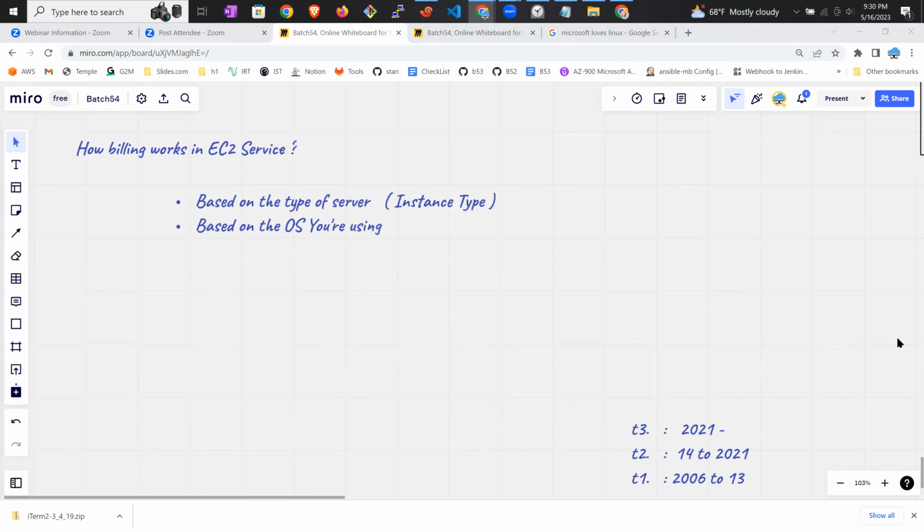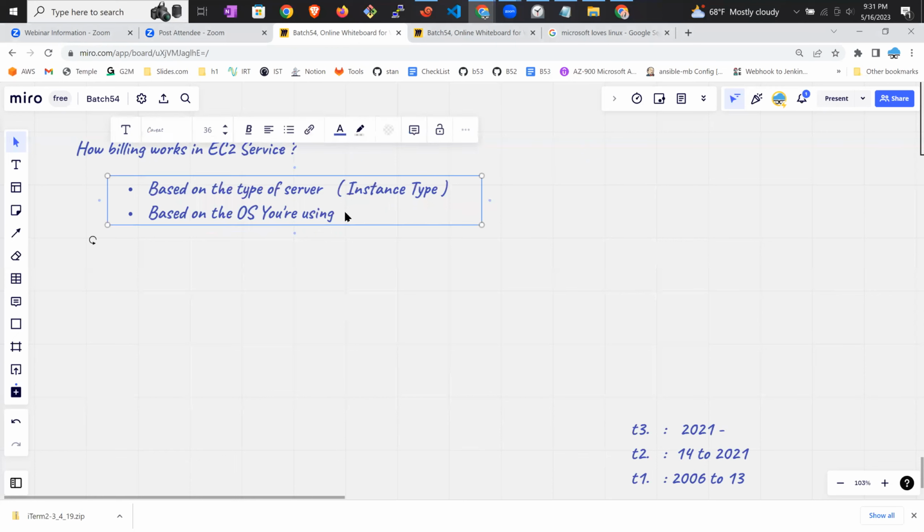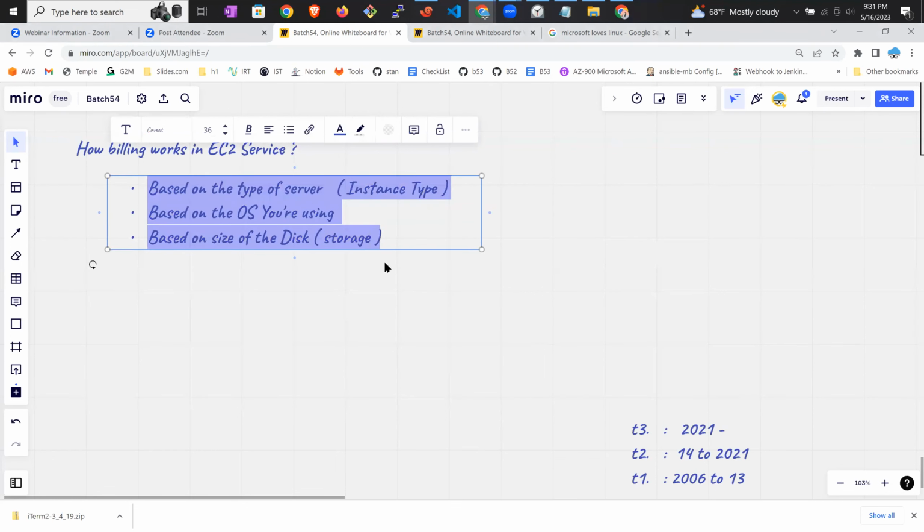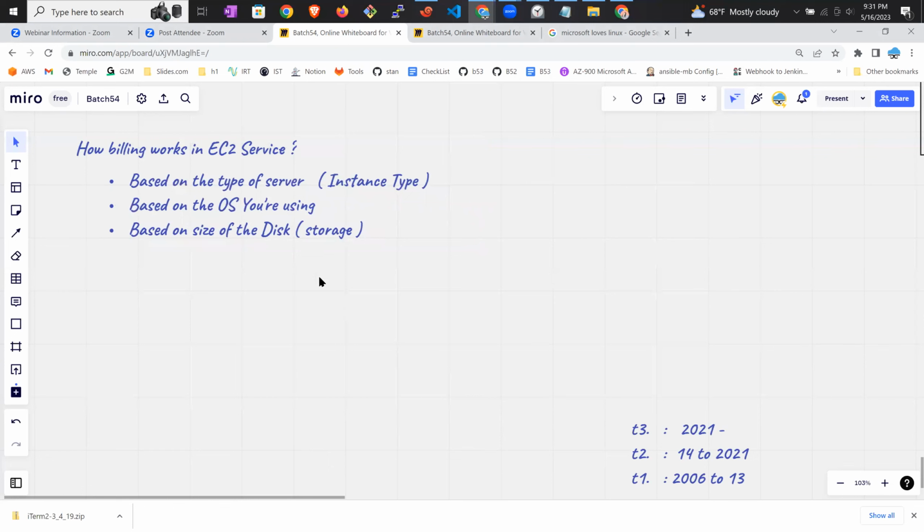Okay, coming back to the story, how billing works in EC2. Billing works based on the type of server, which is nothing but the operating system you're using, based on the instance type that you're using, and based on the size of the disk or storage you are consuming. These factors affect the billing with respect to your EC2. Not just that. In EC2, with respect to billing,